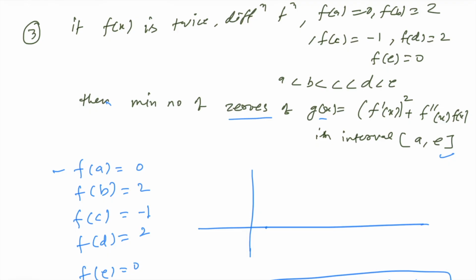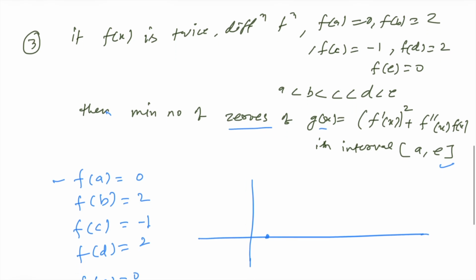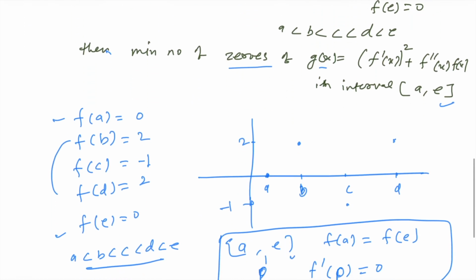Somewhere this is zero. Let's say we will consider a, b, c, d, e all positive. Let's take for example a is 0, this is a. b is 2, so b is 2, right? c again is minus 1, so we'll put minus 1 here, so c is here. d again 2, see, and then these 2 points also, so in the interval b and d also a root of zero will come through